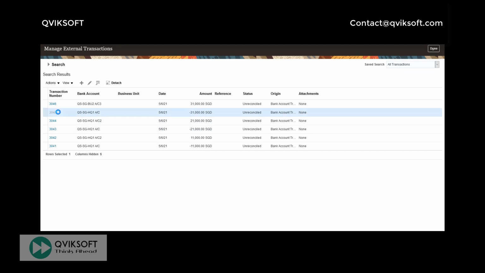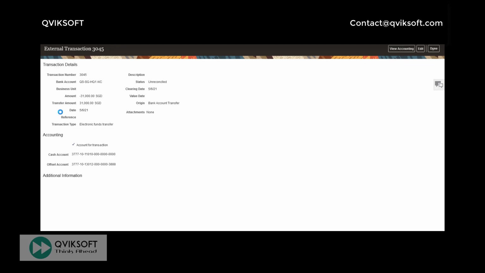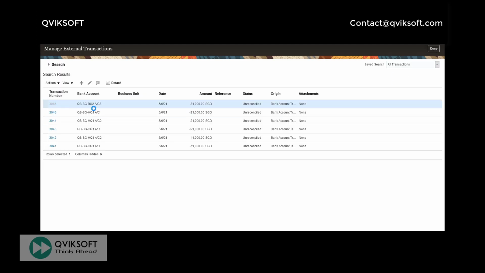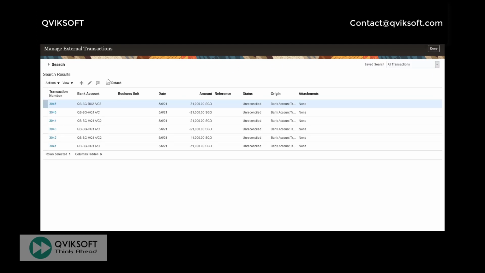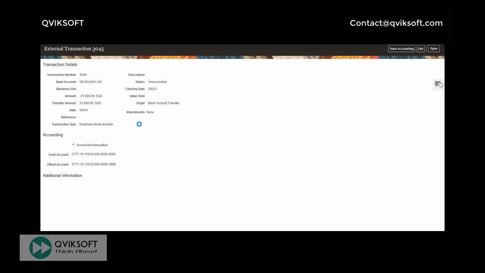45 is here. It has used the same consol balancing. 46, similarly. You notice in 45 and 46, my balancing segments here are against the balancing segment 3888.